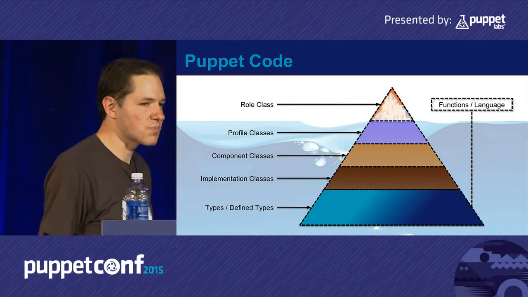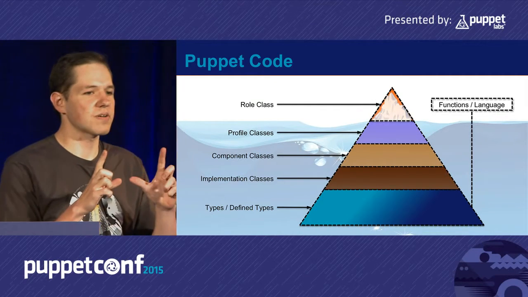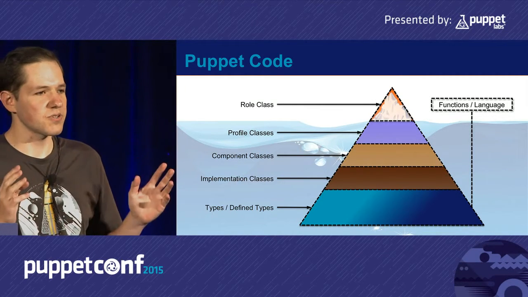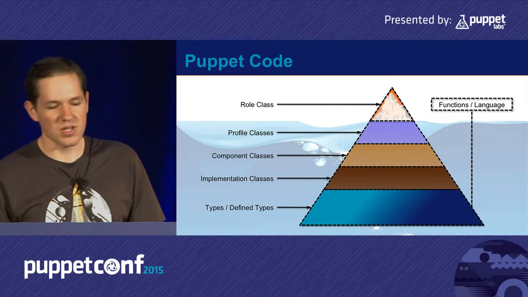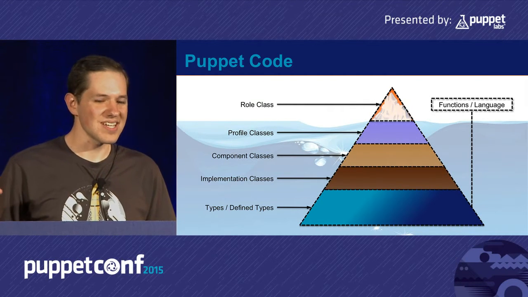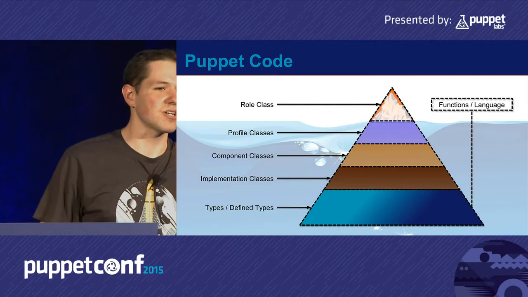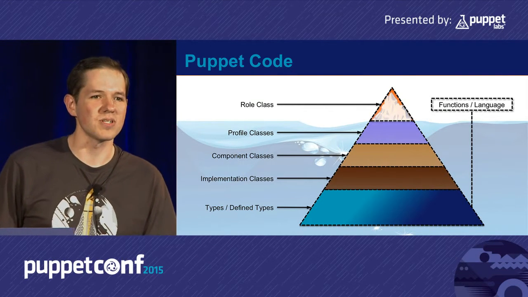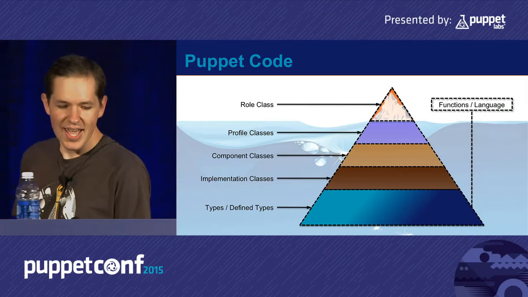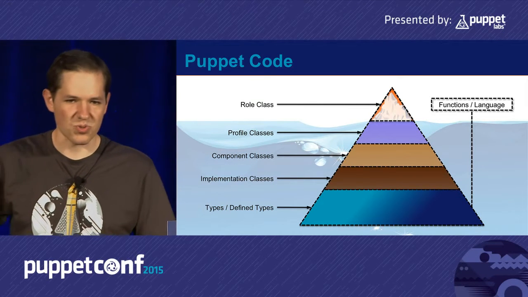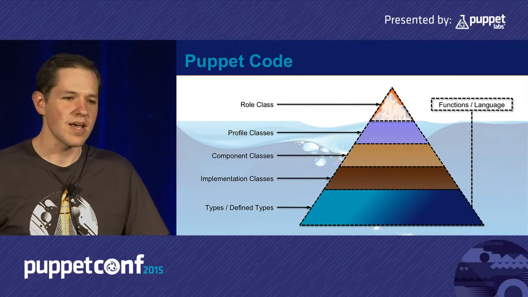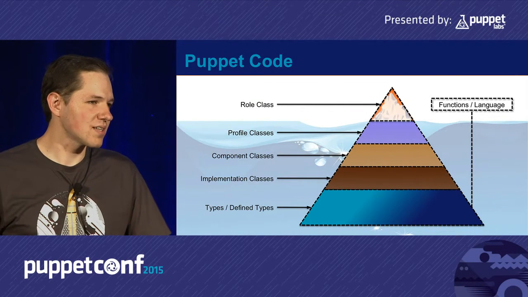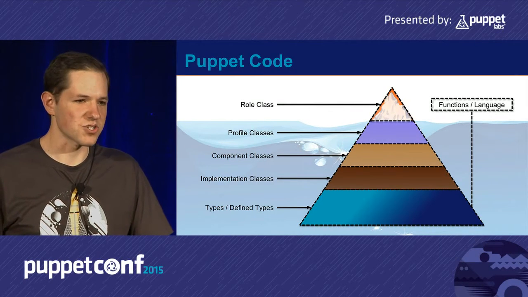In Puppet code, we typically break it from the role, which is a single configuration applied to a target system, into profiles, which are still very high-level business logic type classes. Those are composed of component classes underneath. Component classes themselves are often broken apart into individual implementation classes. And at the very bottom, and also mixed and scattered throughout, we have the types, the providers, the actual things or states Puppet can assert about a system. Tying it all together, we have the language, we have functions, we have the syntax that glues everything